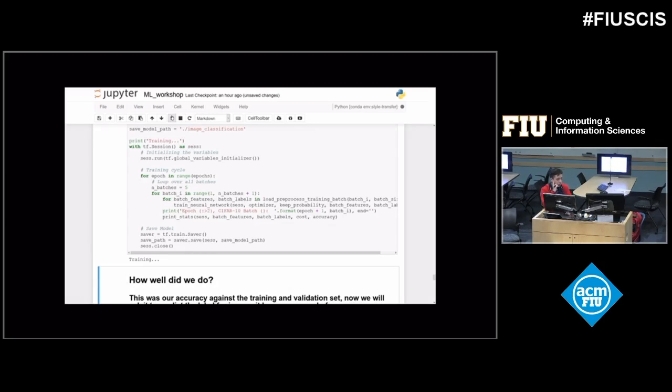So now I'm going to leave it running with a more complicated model, the VGG19.